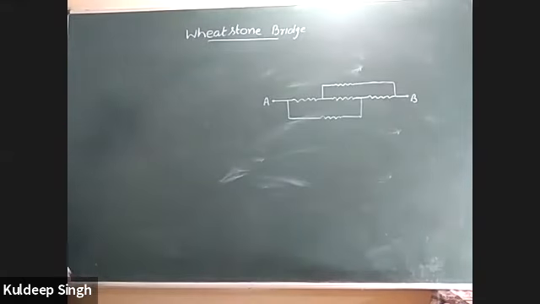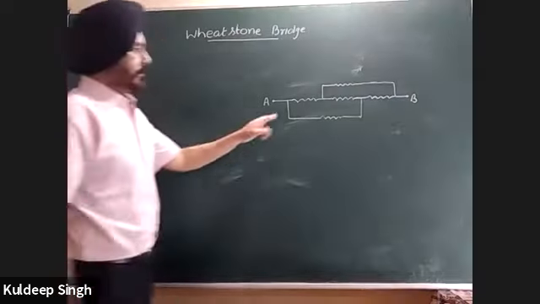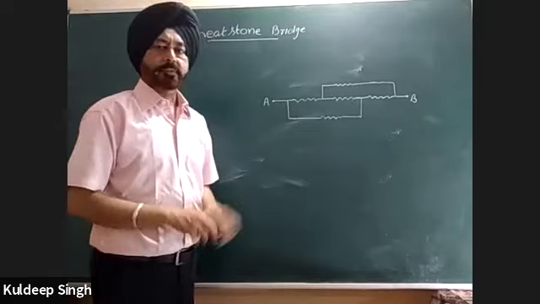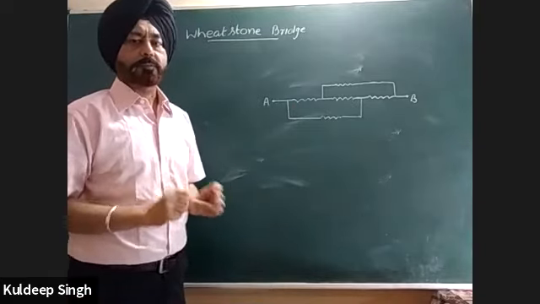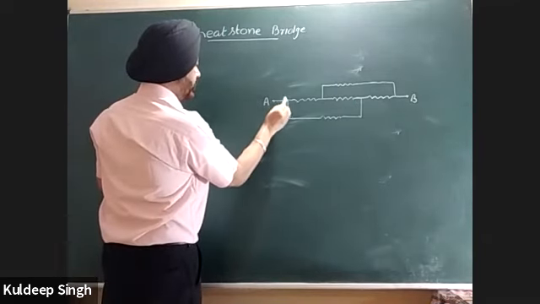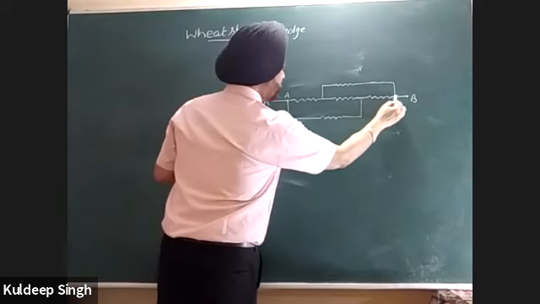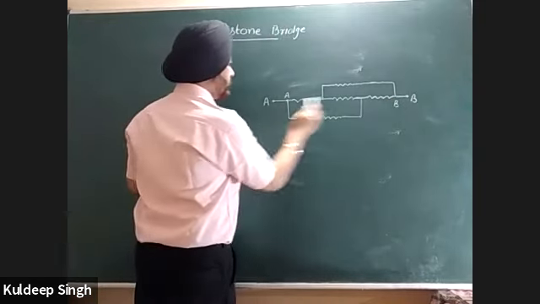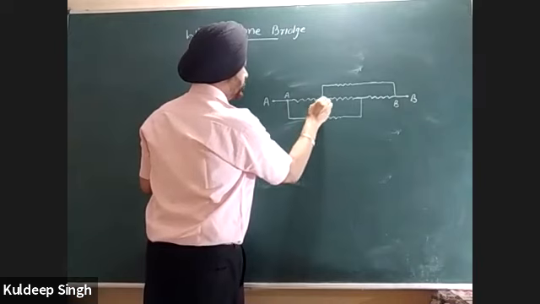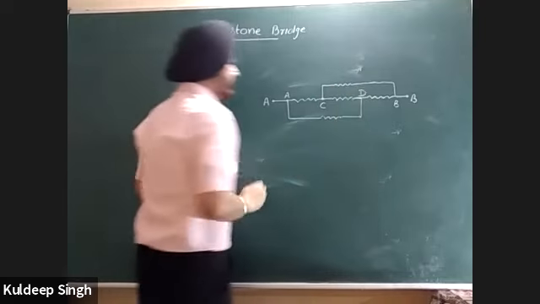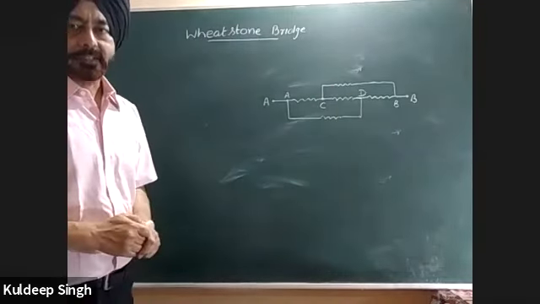Now you can see this circuit appears to be very complicated because these are neither in series nor in parallel, but there are 5 resistances connected. So you should think about a Wheatstone bridge. Let us see. Now this point is A. Similarly, this point is also B because it is connected by a copper wire. Apart from these 2 points, I have 2 more points. This is C and the other point is D. So in total, there are 4 points in the circuit.